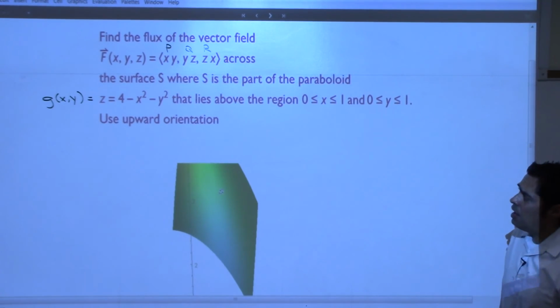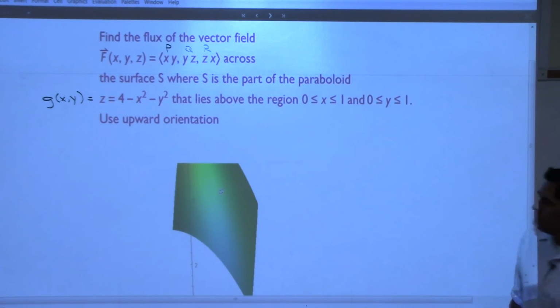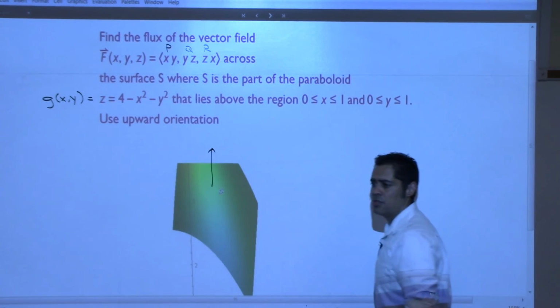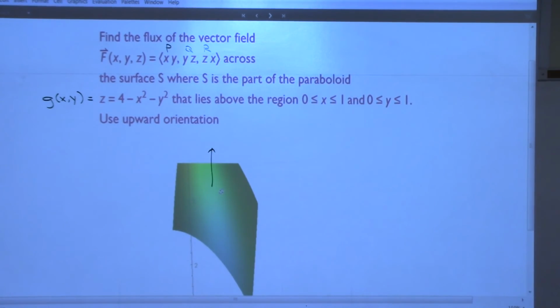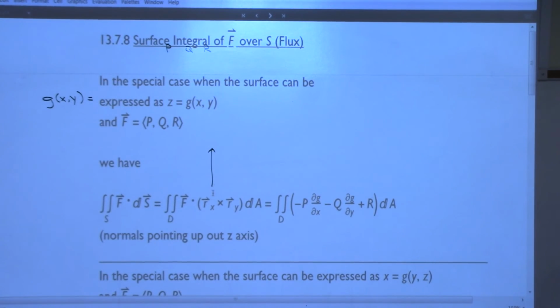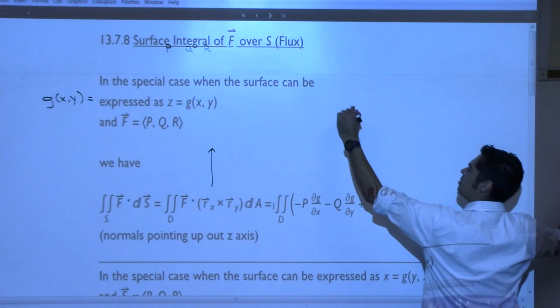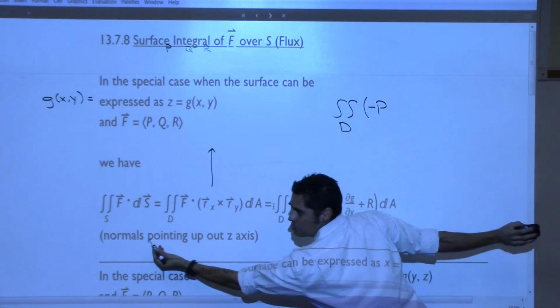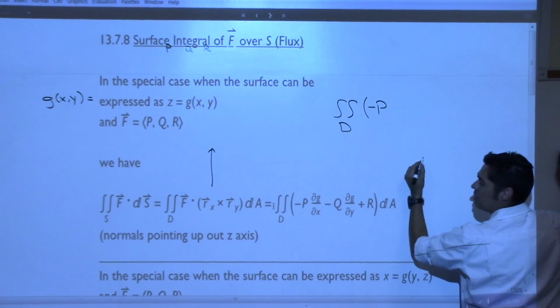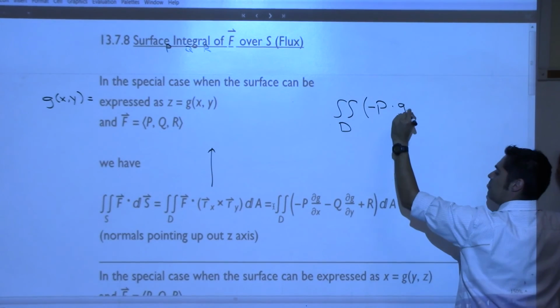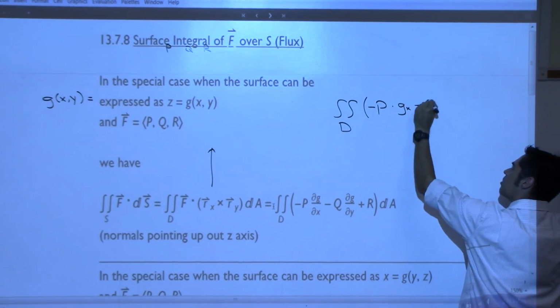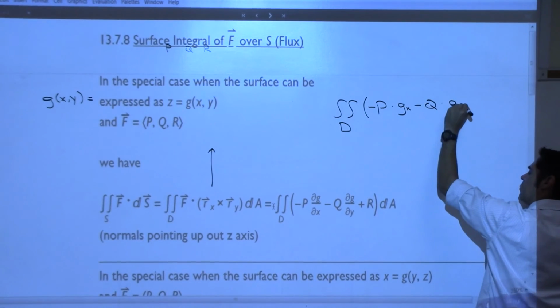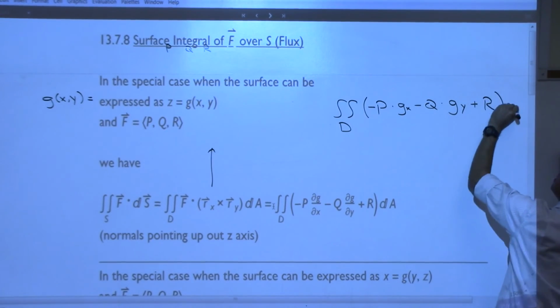It's telling me to use upward orientation for the normal vectors. So I want to imagine my normals are coming up here. That means I can use the formula directly the way it appeared in the notes, this first one. I'm going to do double integral over D of negative P, if the normals are pointing upward, times partial g with respect to x, minus Q times partial g with respect to y, plus R dA,